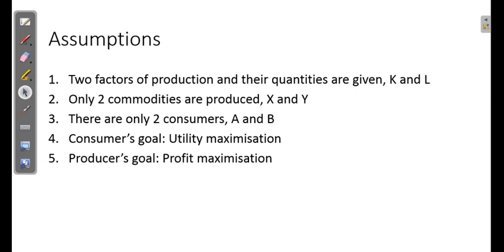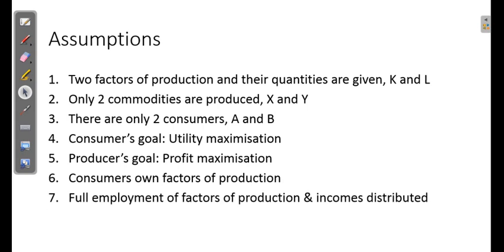The next assumption is that the consumers own the factors of production. So households are the owners of factors of production, and they supply land, labor, capital, and entrepreneurship skills. So they own these two factors of production, capital and labor. And they also receive incomes as compensation for providing the use of these factors of production, and they spend this income on buying goods and services.